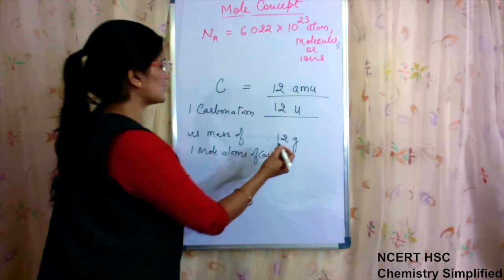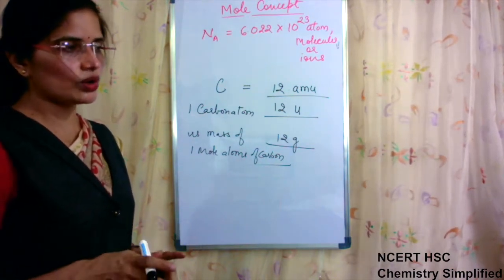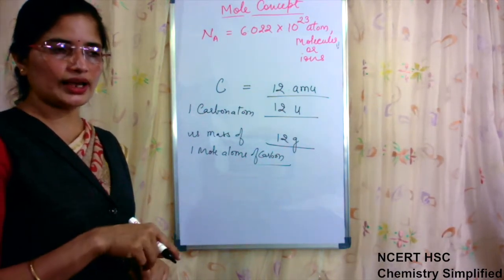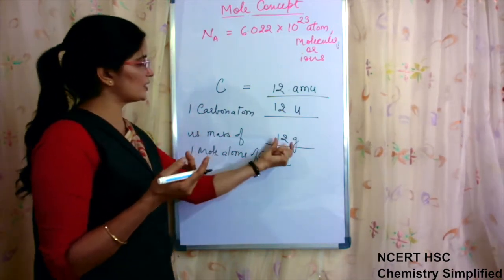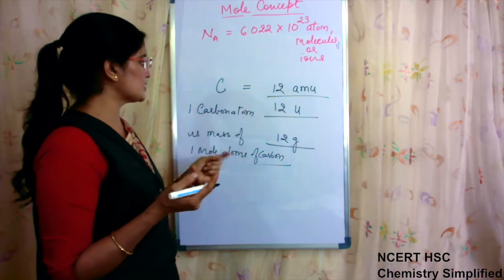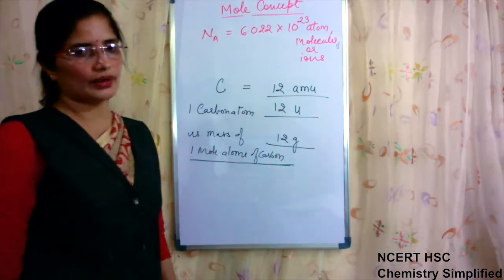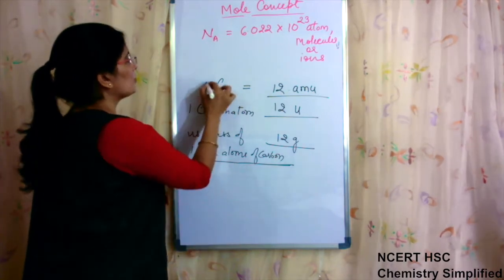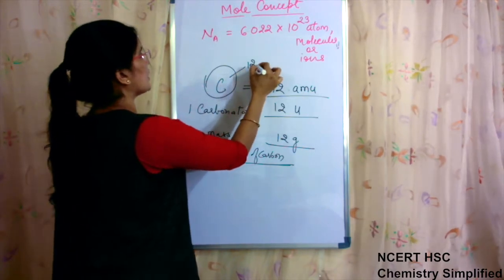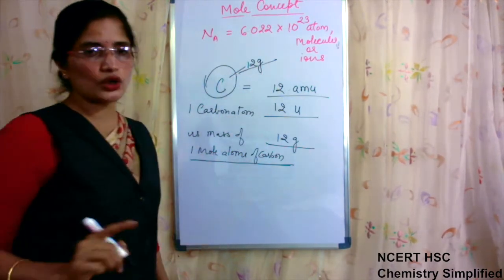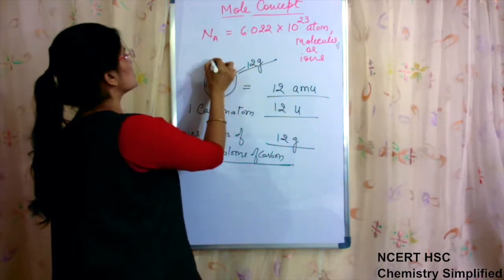But now we will start seeing that 12 grams is not the mass of one carbon atom, because we know the mass of one carbon atom is 1.99 into 10 to the power minus 23. And this mass which we are talking about, 12 grams, is not the mass of one carbon atom, it is the mass of 1 mole of carbon atoms. And what is 1 mole? 1 mole is this number written here, and the mass of it is 12 grams. And because 12 grams cannot be the mass of one carbon atom, actually it is the mass of how many carbon atoms?